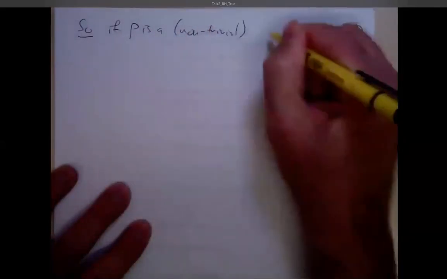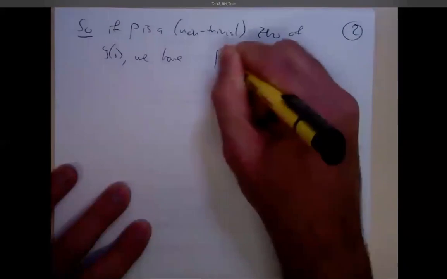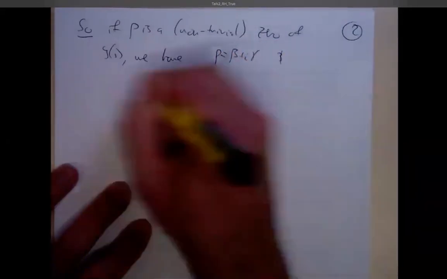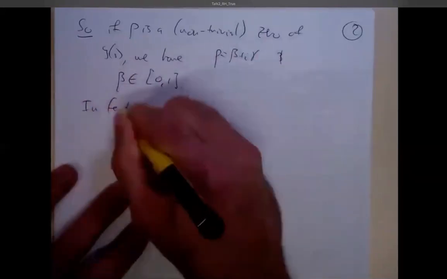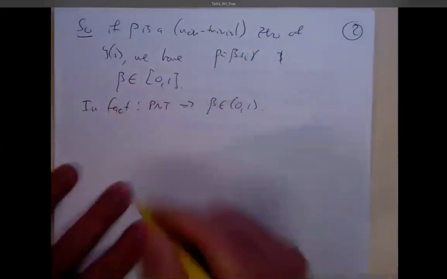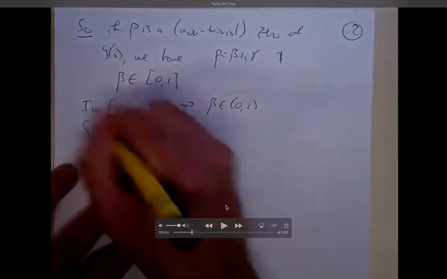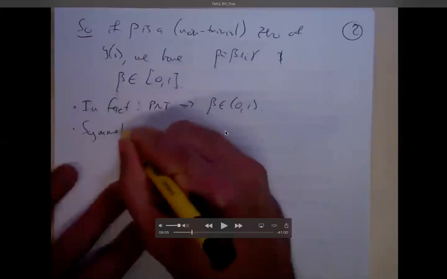So if rho is a non-trivial zero, whenever I say zero for the rest of the talk, I mean a non-trivial zero, so one of those in the strip. If rho is a non-trivial zero of the zeta function, then I can write rho as a real part beta, imaginary part gamma. And because it's got to be in the strip, beta has to be between 0 and 1. In fact, the prime number theorem, which tells you asymptotically how many primes are up to a certain height, actually shows you not only is beta in this closed interval, it's actually in this open interval.